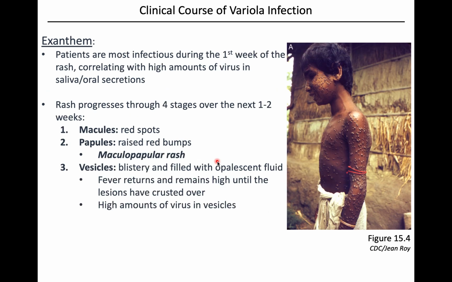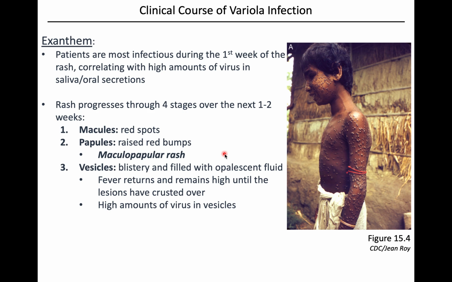All right, so let's go through the progress of the pox themselves. As I mentioned, people are most infectious during that first week of the rash, right? Really high virus titer in their saliva, so it would be easily transmitted at that point. And you'll get these 4 stages of rash progression over the next couple of weeks. You'll usually start with what are called macules, which would just be red spots. Those will progress into papules, so raised red bumps, or almost like beginnings of pimples. And you could have both of these in combination, which would be referred to as the